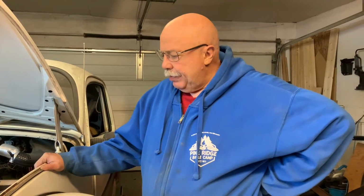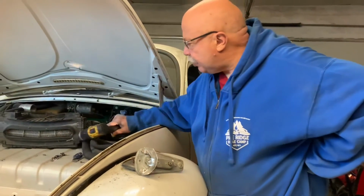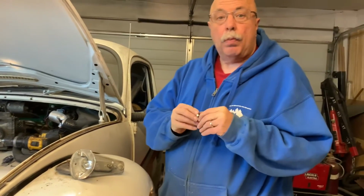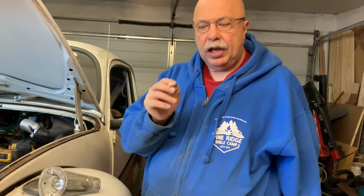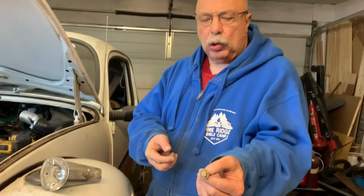I am in the middle of wanting to fix up some of the rust. I had taken a video earlier of the rust that's underneath this fender, and so ultimately this fender has to come off. I admire the creativity of those who put it on. Rather than buying bolts that actually fit and were the right size, they put these little, I think 5/16 bolts